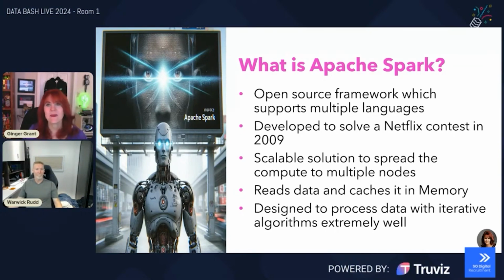But they decided to make that into an open source product, and it became part of the Apache Collective in 2012. So it does a whole lot of really cool stuff when it comes to rapidly processing data in memory. It basically chunks it all up and puts it all back together, and that really helps it do iterative algorithms and process that very well.